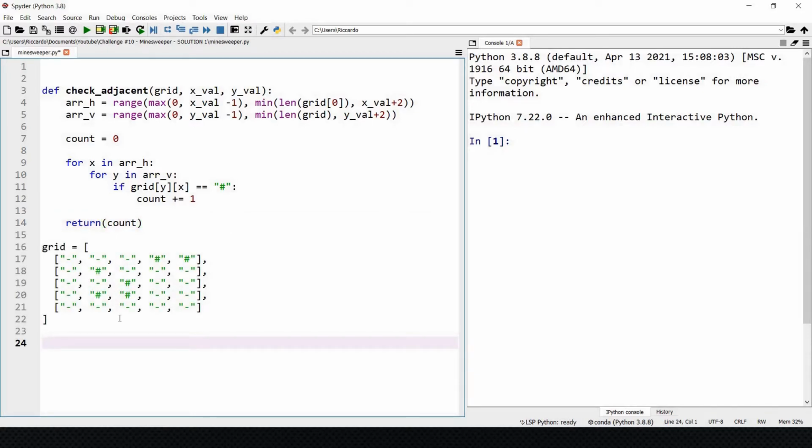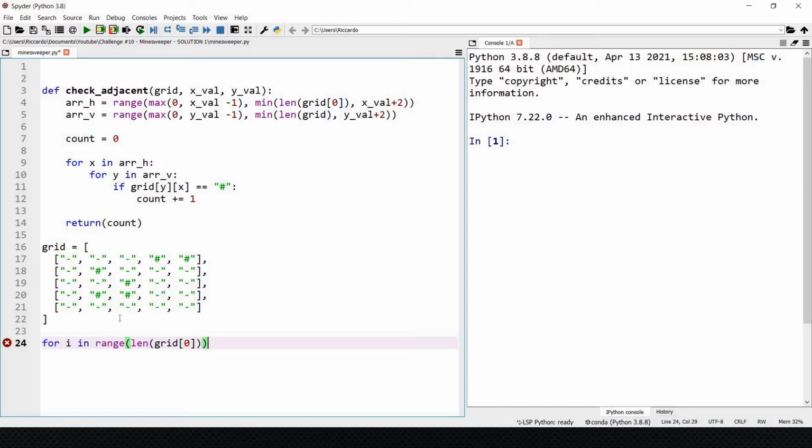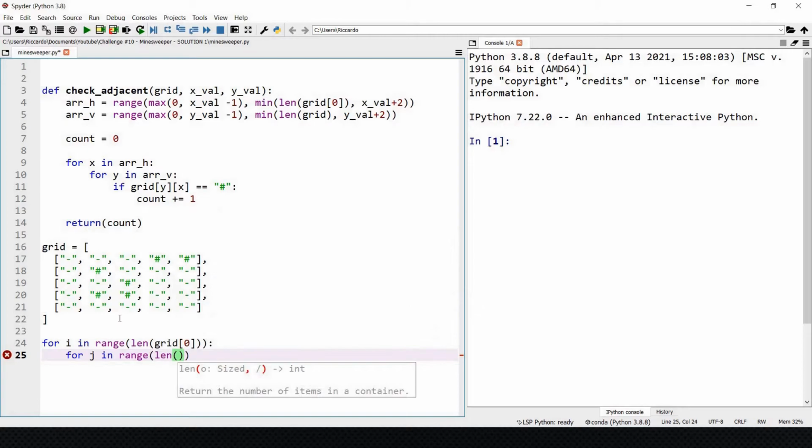Now, as you can see, I've pasted in our grid, and then all we have to do is iterate through each cell and, if it's empty, run our check adjacent function and count how many adjacent mines there are. So let's write for i in range len grid 0, because we're counting along the x-axis, and then for j in range len grid, because now we're counting in the y-axis, and we can say if grid j i